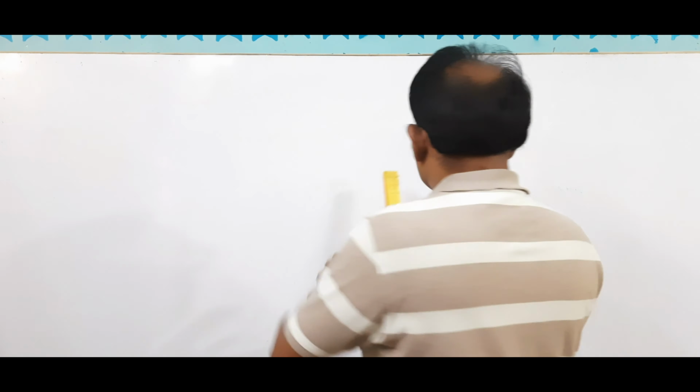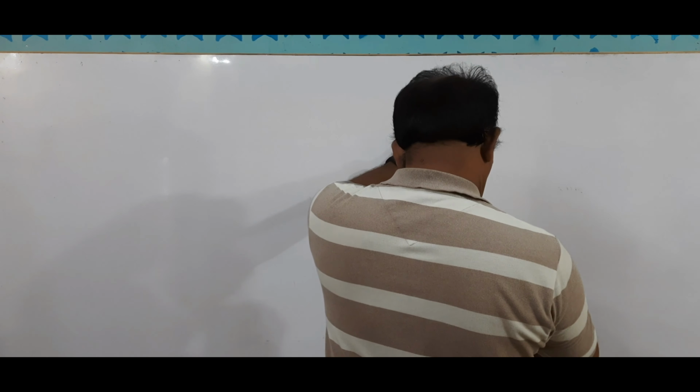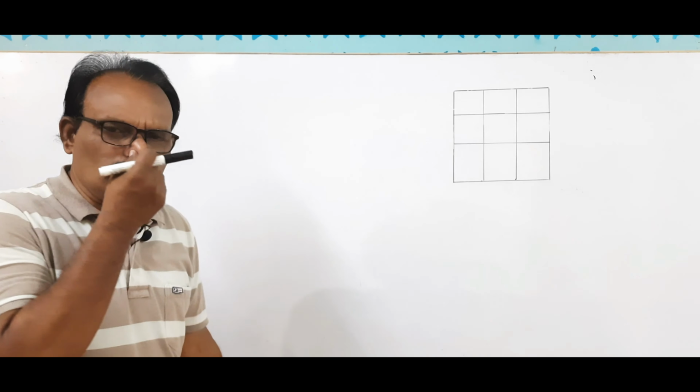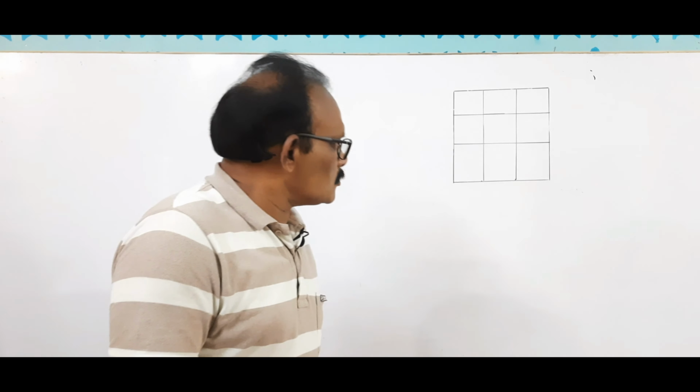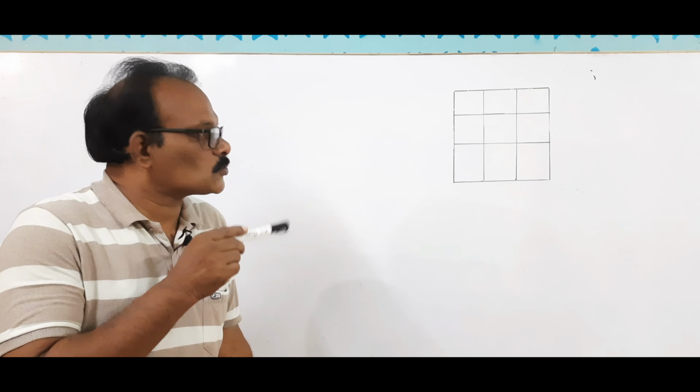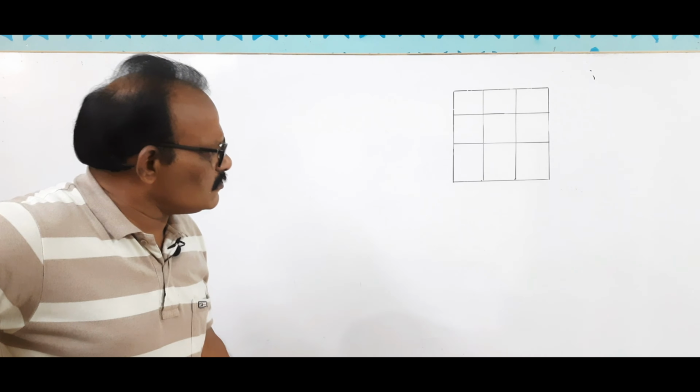Today I am going to explain a very interesting topic, that is logical maths. Generally, students may be asked to count the number of squares in a given figure. For example, I'm just drawing a figure on the board. This is the figure. You may be asked in your maths exam to count the number of squares in the given figure.